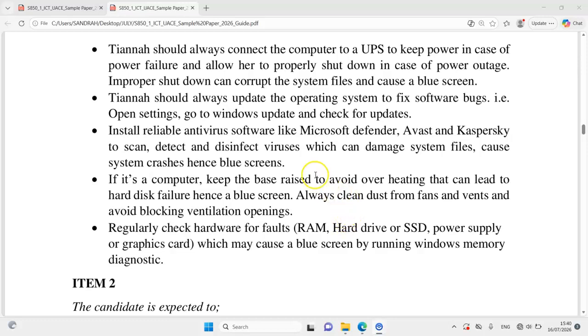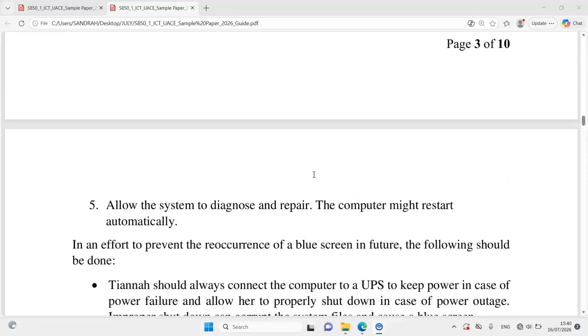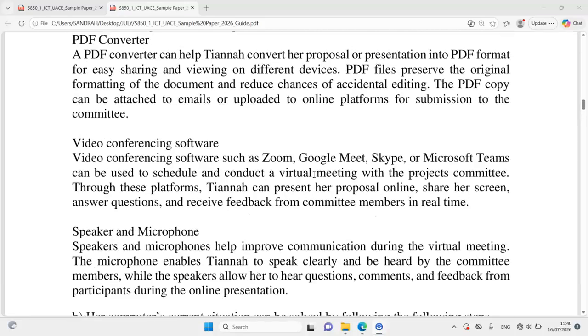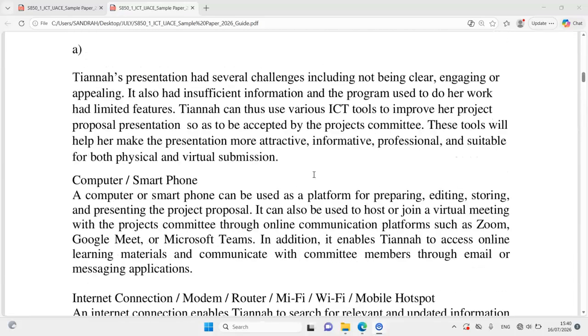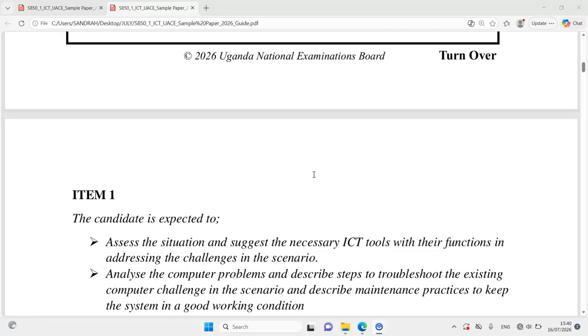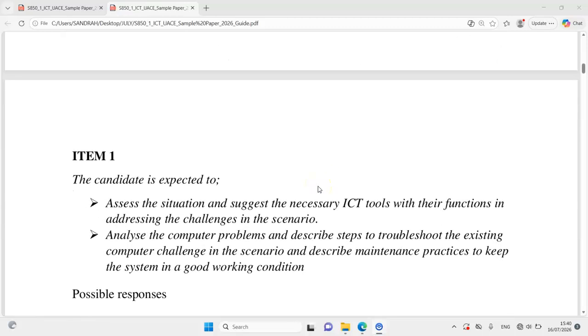So that's our item 1, and those are the responses which we should take very well and address. That's what you are supposed to do. We have assessed the situation, suggested the necessary ICT tools and analyzed computer